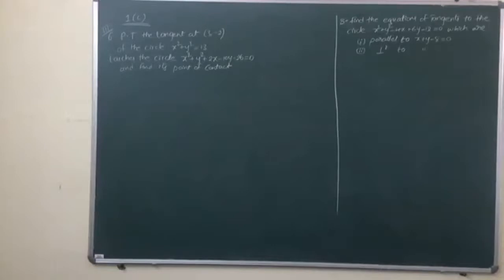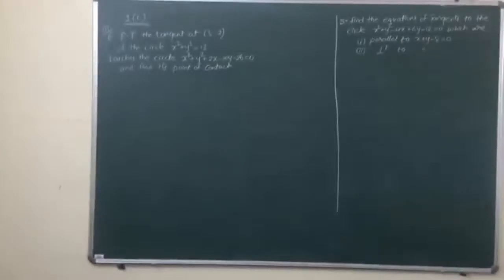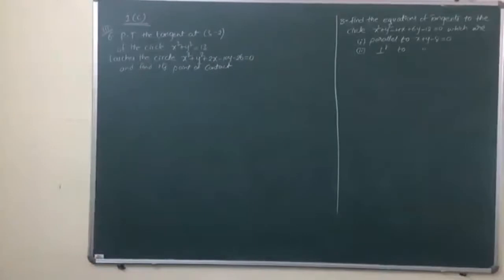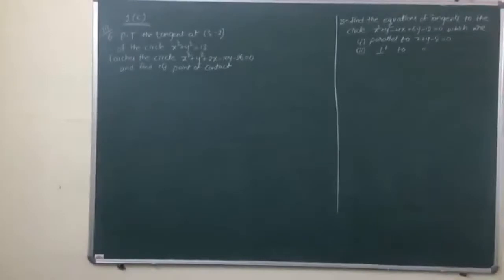Yes, 5 comma 1 is correct. See, basically there are three parts to this question. First one is you have to find the equation of tangent to the first circle at the given point, which is using S1 is equal to 0. And then you have to prove that the tangent is the tangent to the second circle also. So how can you say whether a line is tangent to a given circle or not? Using the perpendicular distance and radius.